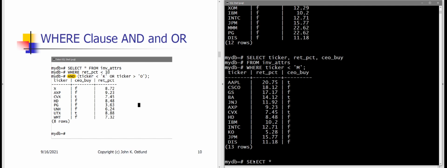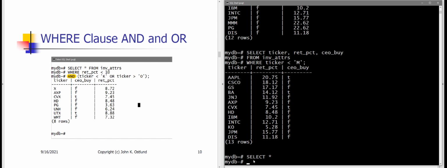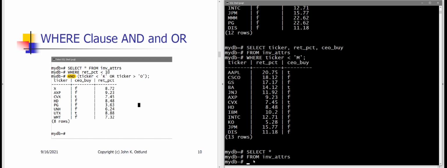Now I am going to follow the convention that I talked about earlier. I'm going to say from on the next line down, although obviously that's optional. So I'm selecting all the fields from the investment attributes table where return percent is less than 10,